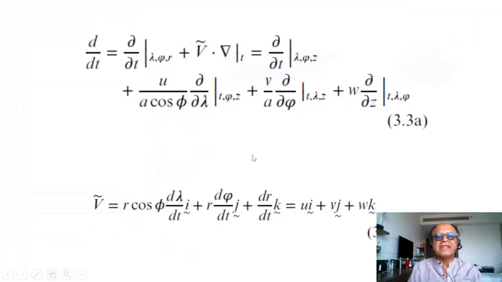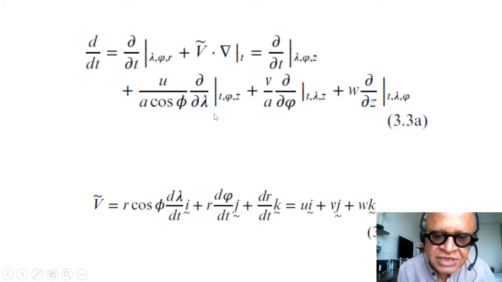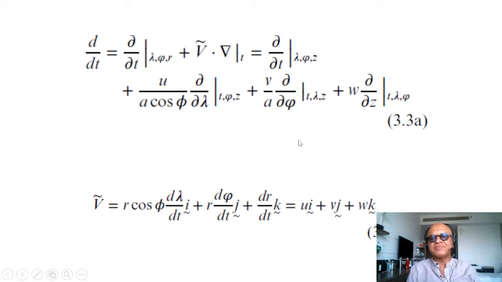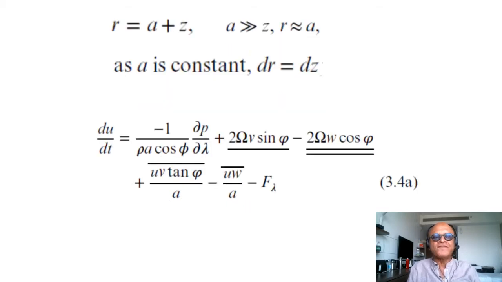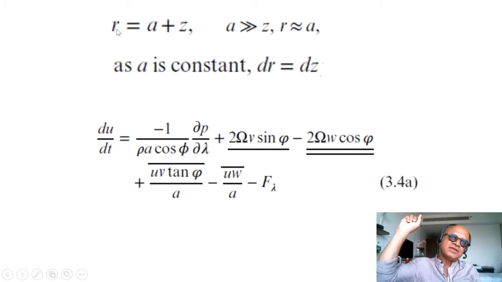Let's look at this again briefly. So we wrote the total derivative in terms of the partial in time and space derivatives. And of course, when you carry these in non-Cartesian coordinates, you have complicated expressions that include geometric terms. And that becomes more obvious here, reminding ourselves that the distance from the center of the Earth to the height